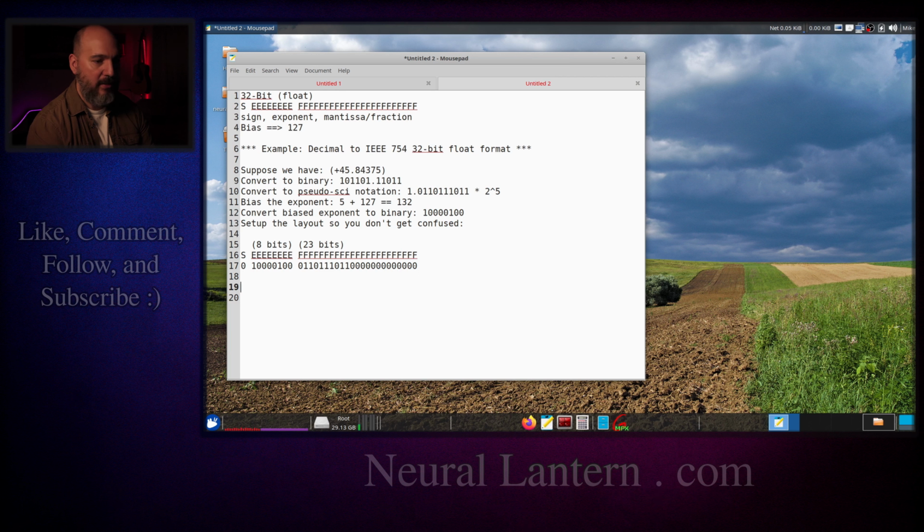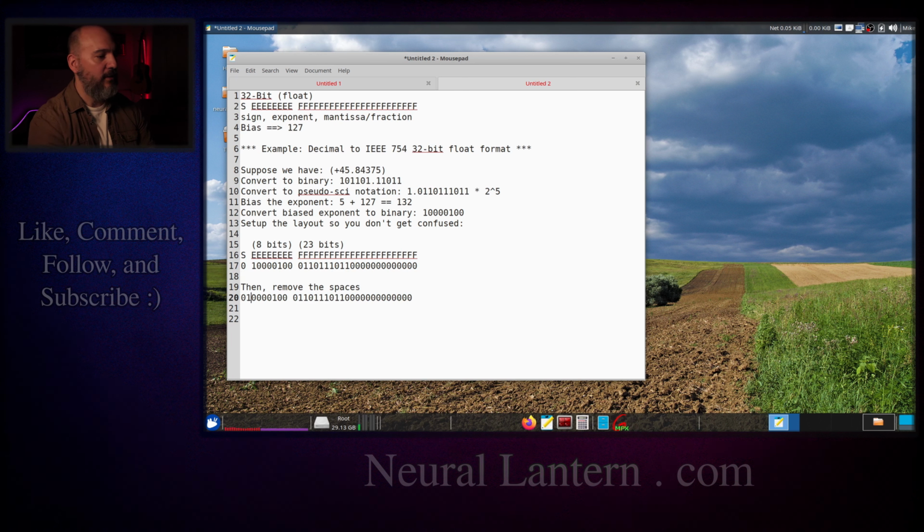It's too hard to read and then a bunch of zeros. Okay. Then remove these spaces, because now that you've done your layout, you actually want to bear in mind that the machine doesn't have spaces. The machine is just a bunch of 1s and 0s everywhere. So I'm just going to carefully remove the 2 spaces. And this is it. This is our final IEEE 754 floating point representation of the decimal number,